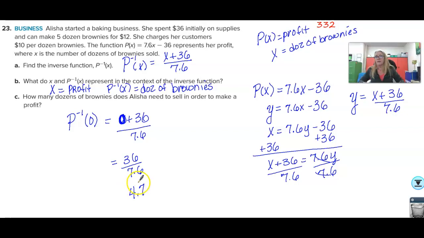Let me check and see how they wrote it. Make sure I'm not telling you wrong. They said 5, so that's what we were saying. 4 is not going to put her into a profit margin. And 4.7 makes no sense because she's not going to sell 7/10 of,